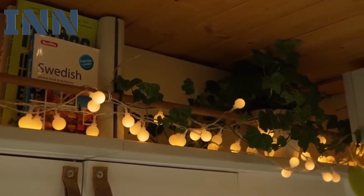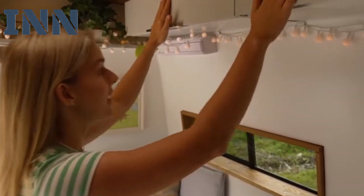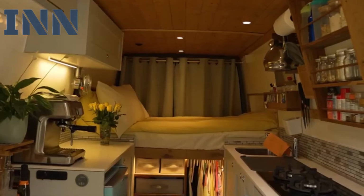What we also have in this area, and this is the rest of this area, are these two storage units. It is so much storage in this place. I don't even think we have enough stuff to fill up all the storage, but some private stuff up there, some toiletry stuff up there,